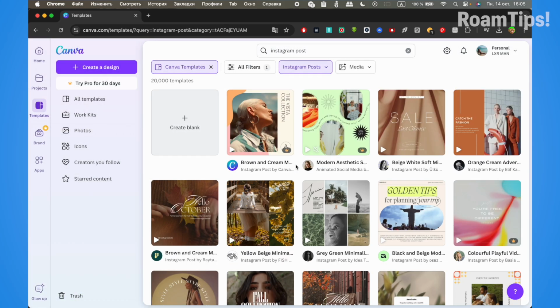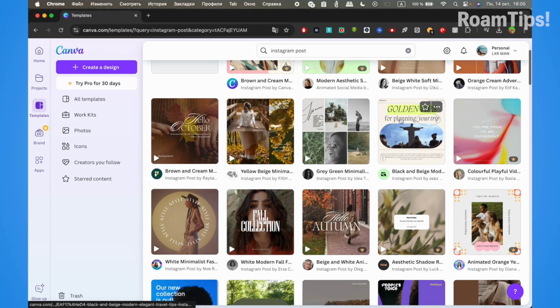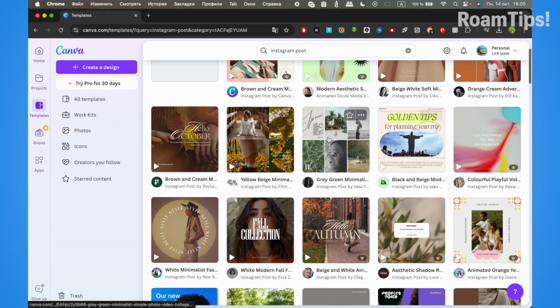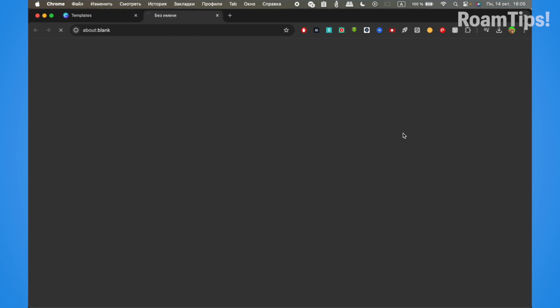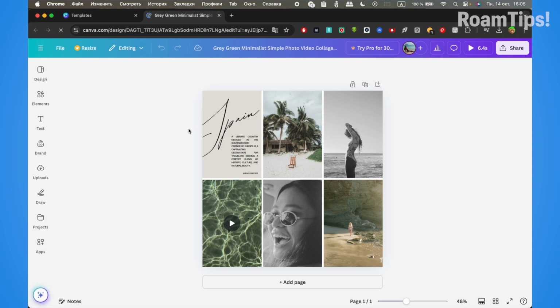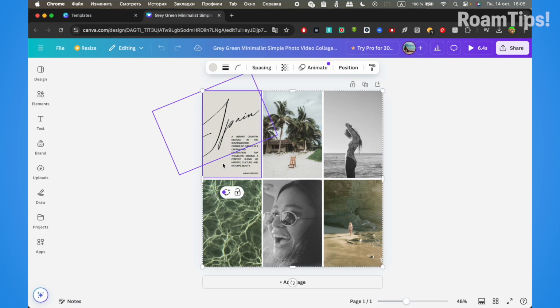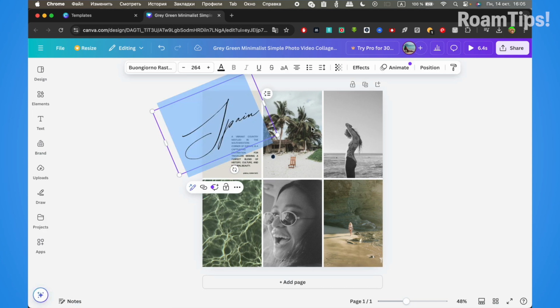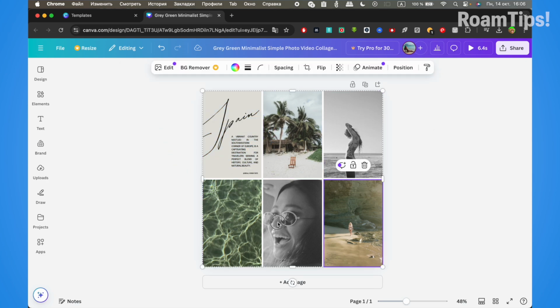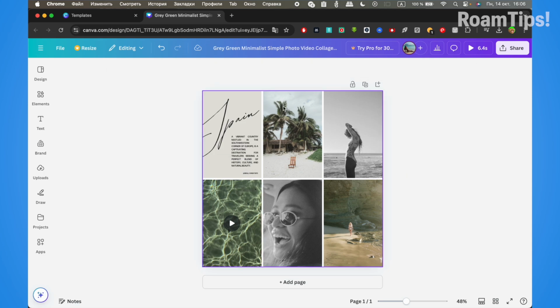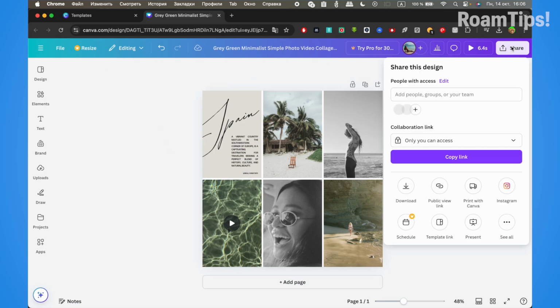Alright, search Instagram post, choose this one, and click on customize this template. Alright, and change this photo. Okay, and click on change text and add photo or video. Alright, and click on right corner share and click on download